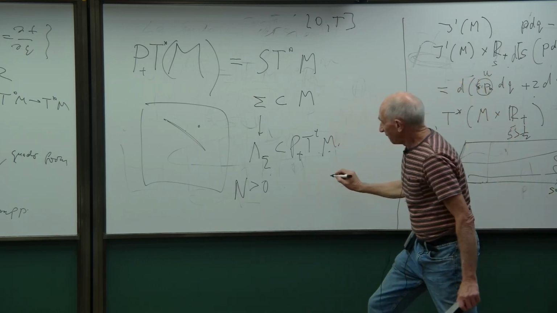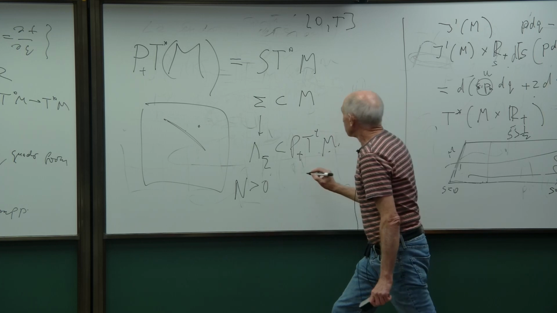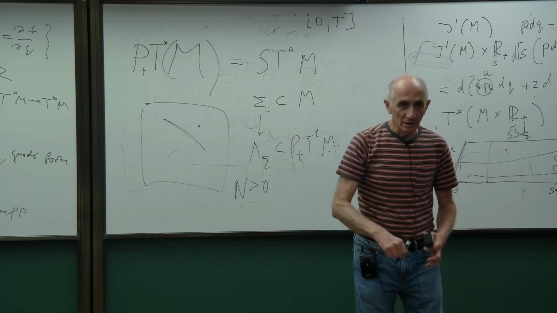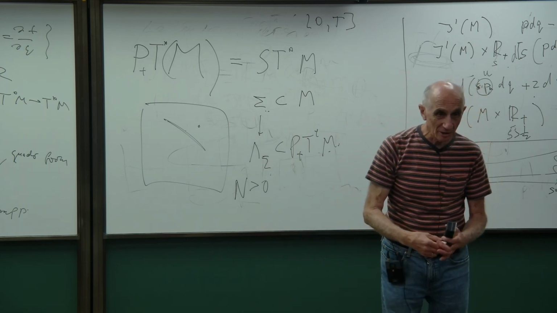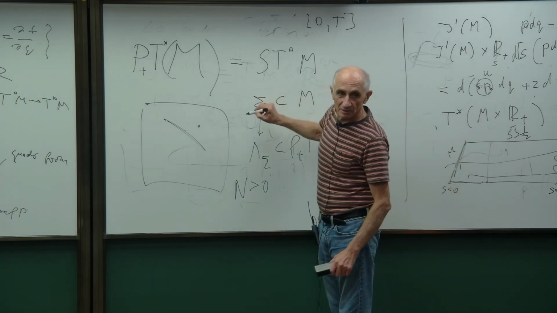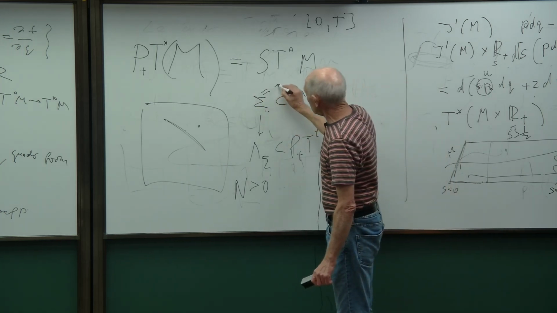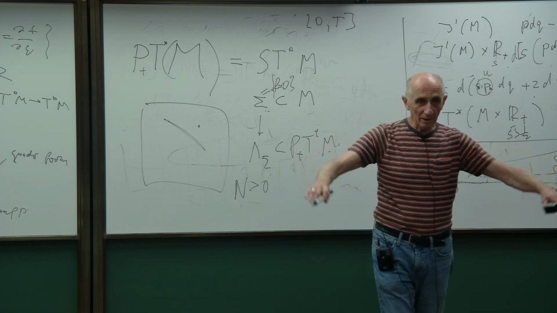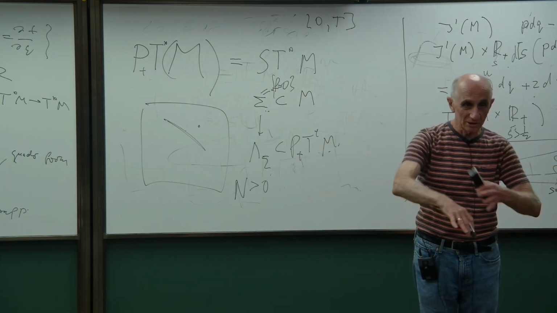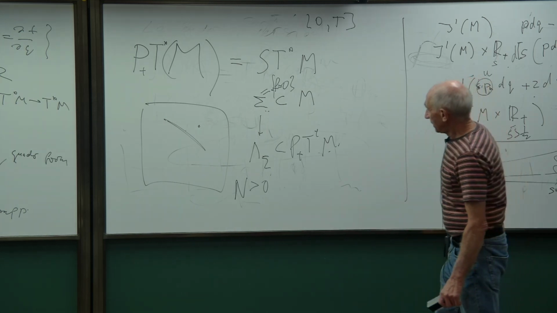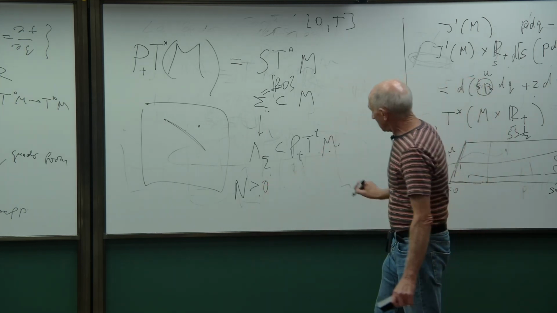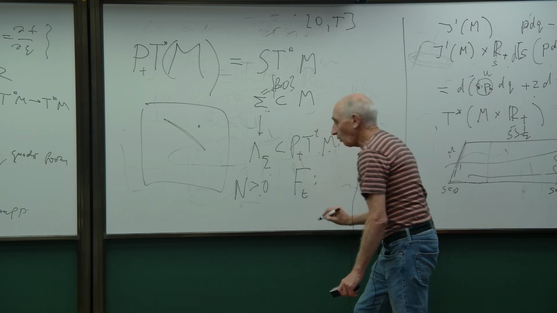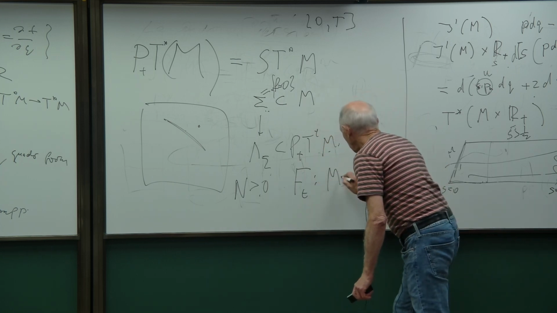there exists a family. Suppose I start with some hypersurface sigma, and I will assume in addition that this hypersurface is homologous to 0. So I will assume that it's a regular level of some function. You start with a hypersurface which is a regular level of some function, so it divides our manifold into 2 parts. And then there exists N, and there exists a family of functions f_t on M cross R^N,